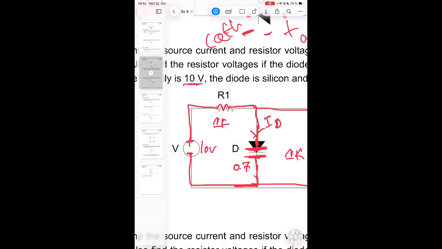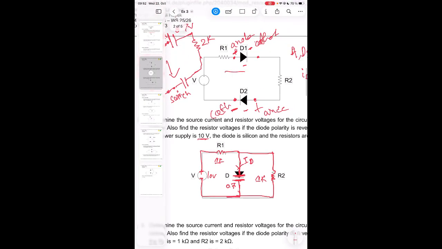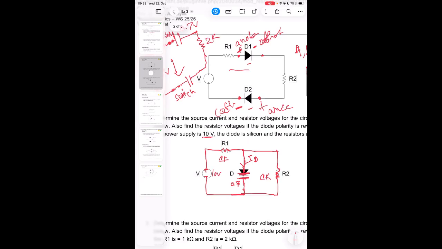Exactly. But usually, perfect, thank you, great. So usually what we should do is very simple, and this is again one very important point for the exam. Read the question and understand what is exactly required. What we need is the current of the source, which is this input. We need this one. For that, we assumed that the diode is